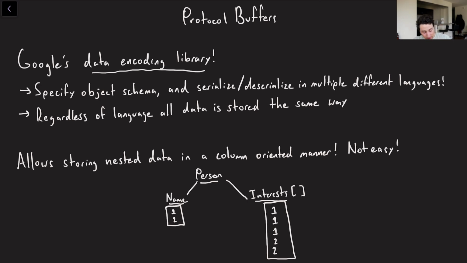Basically, the gist is, if we have a couple of names here, maybe a name with value 1 and a name with value 2, we might have 3 interests for person 1 and 2 interests for person 2, but how are we going to back out which one belongs to which? So I'm going to cover that a little bit.